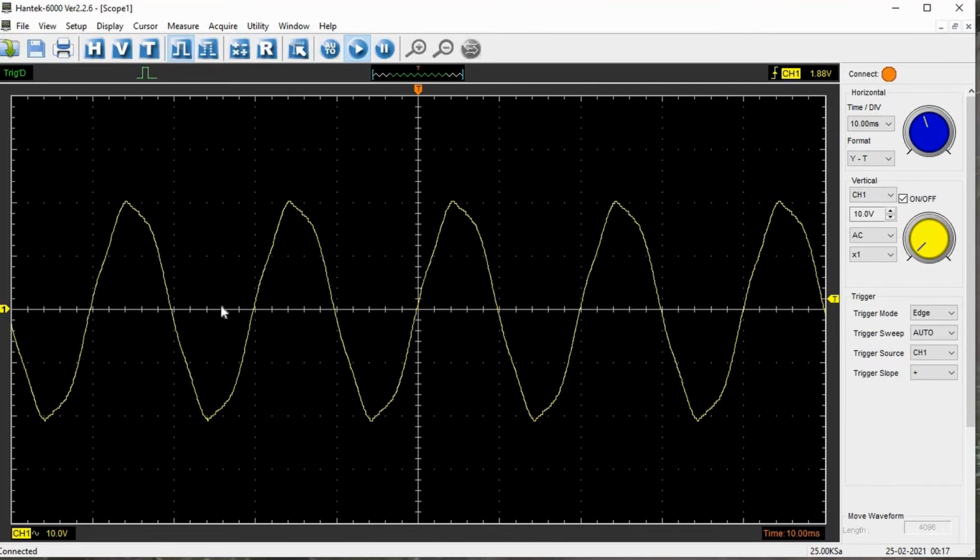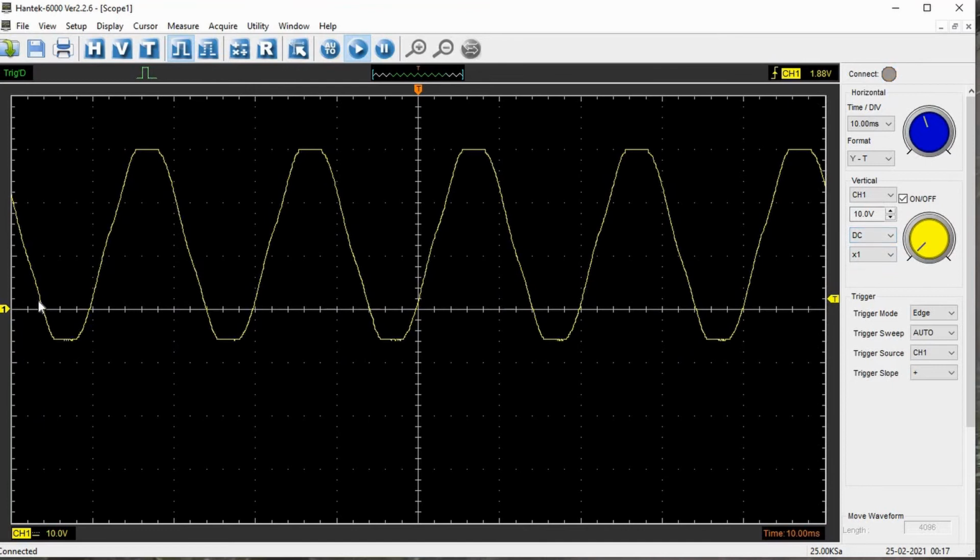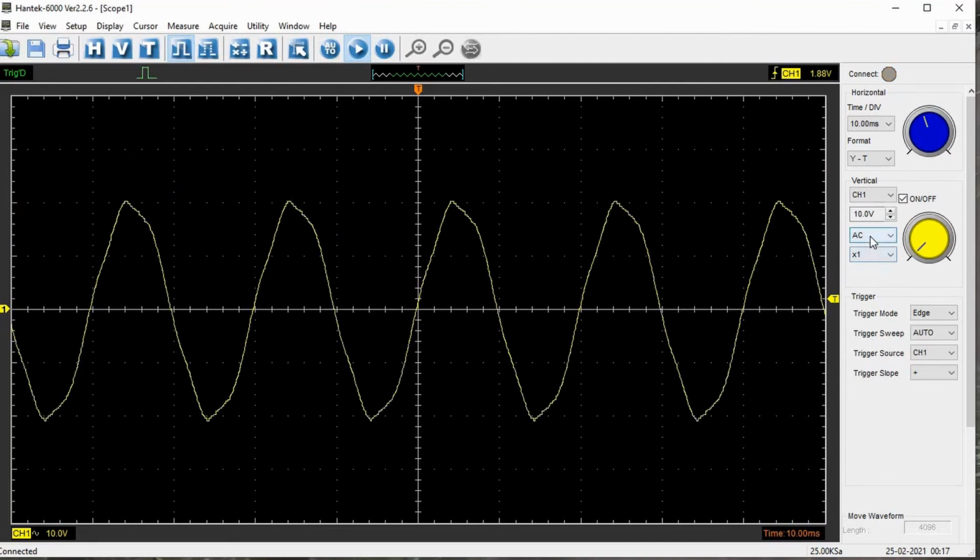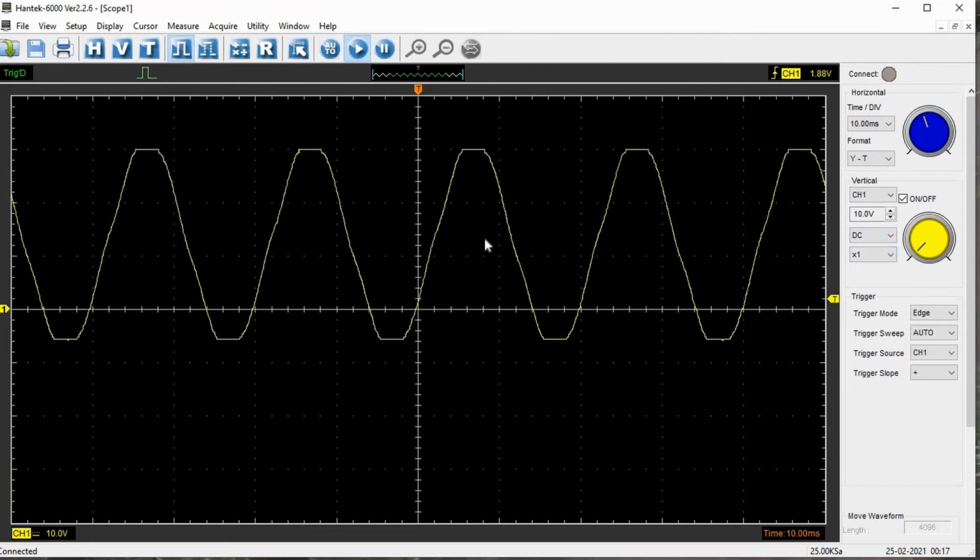If there is any DC component, it will remove it and show you the waveform. So always make sure that while starting it is in DC so that you get the actual waveform. Only in cases where you have an offset AC waveform and only want to see the AC component of it, you move it to AC. Always make sure that you are in DC to get the correct waveform.